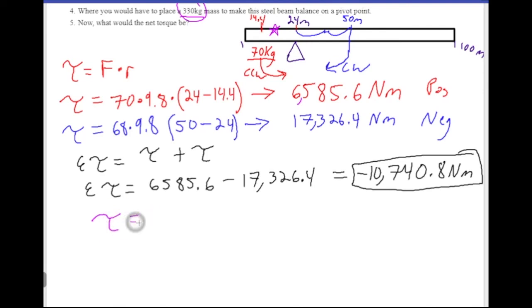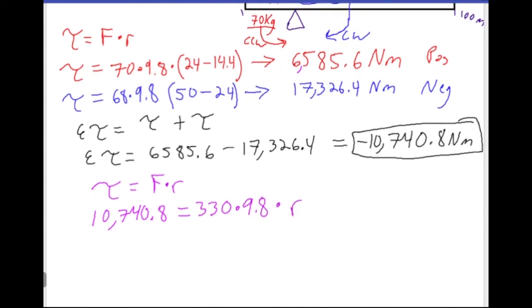So torque is equal to F times R. My torque should be equal to 10,740.8. My force is 330 times gravity, 9.8, times R. When I simplify all this and solve, I find out that my R value should be equal to